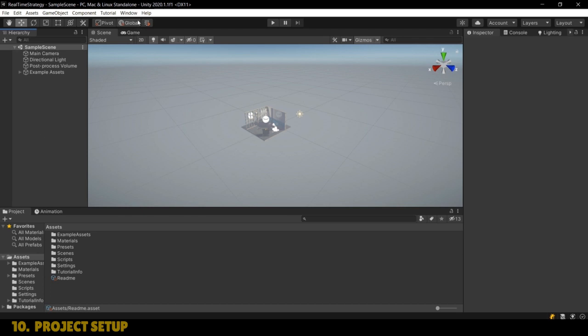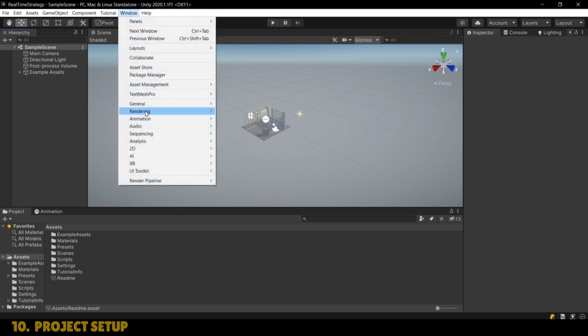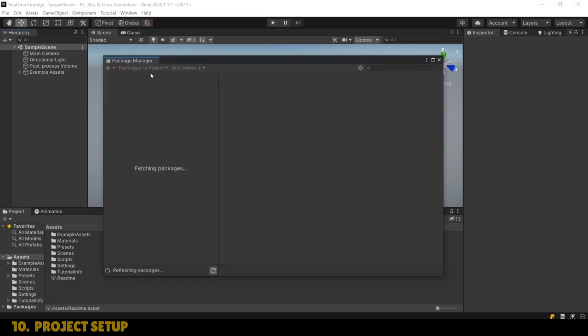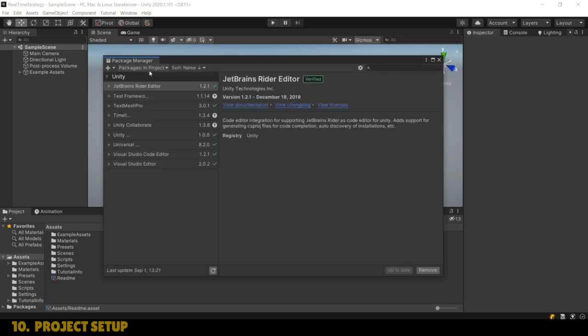If we were to head up to Window right now and go to the Package Manager, obviously we're back to having all our packages wrong, and I don't want to make another lecture where I just go through adding and removing packages. And because we want the exact same packages that we installed in the previous section, what we can actually do